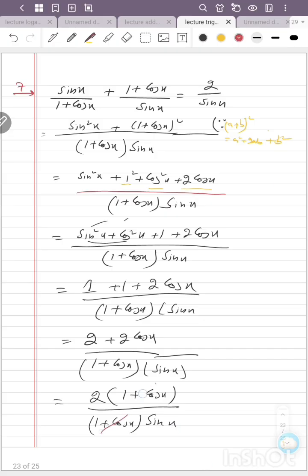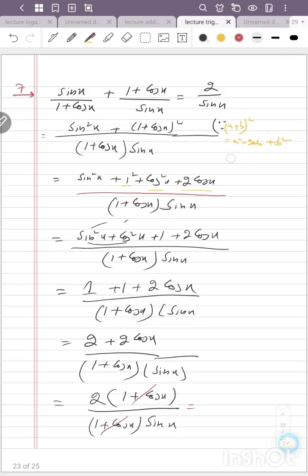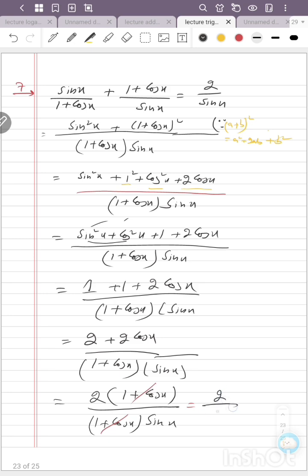This 1 plus cos x and that 1 plus cos x are cancelled, so we get 2 over sin x. We got the answer. This is what was required. So dear friend, we have to